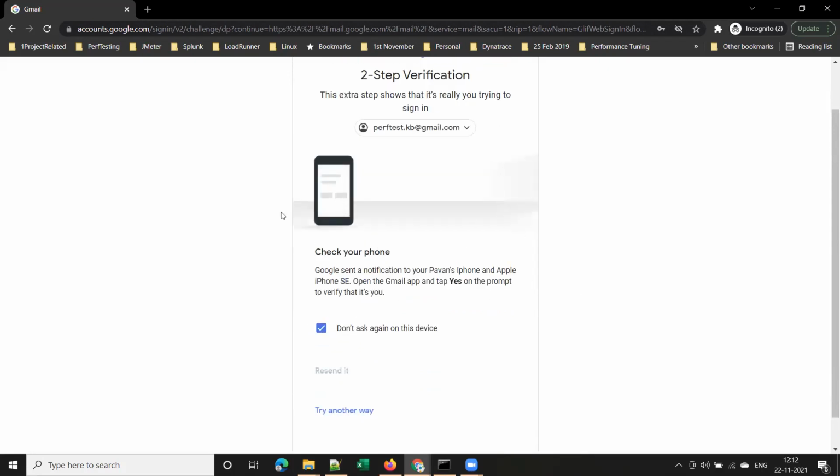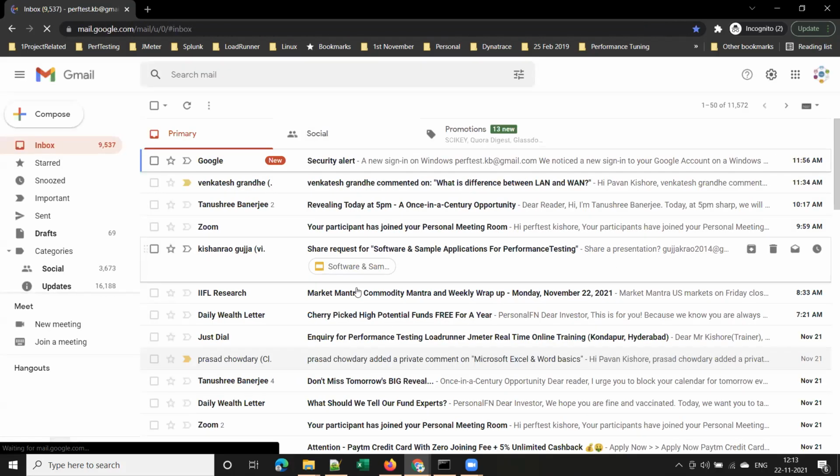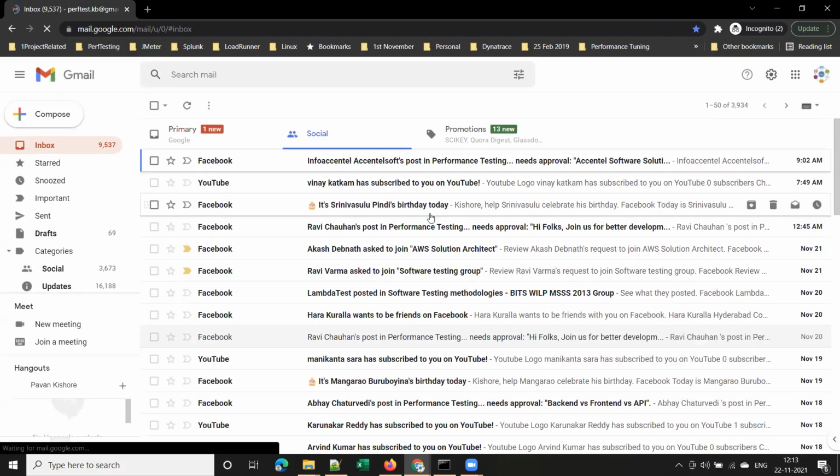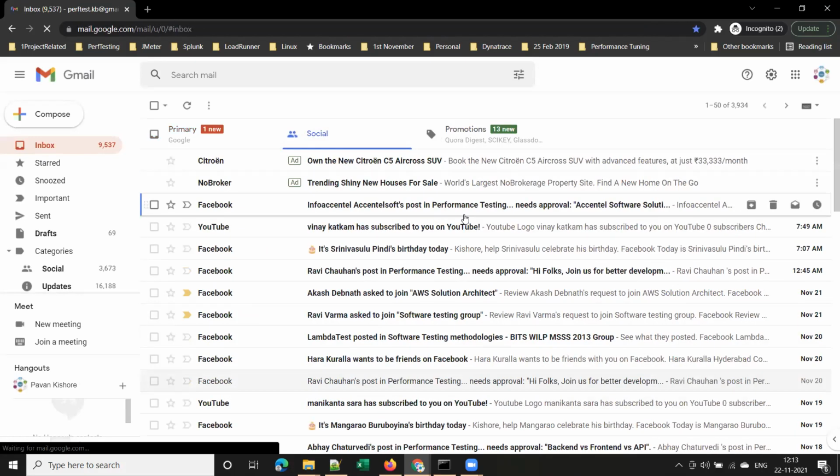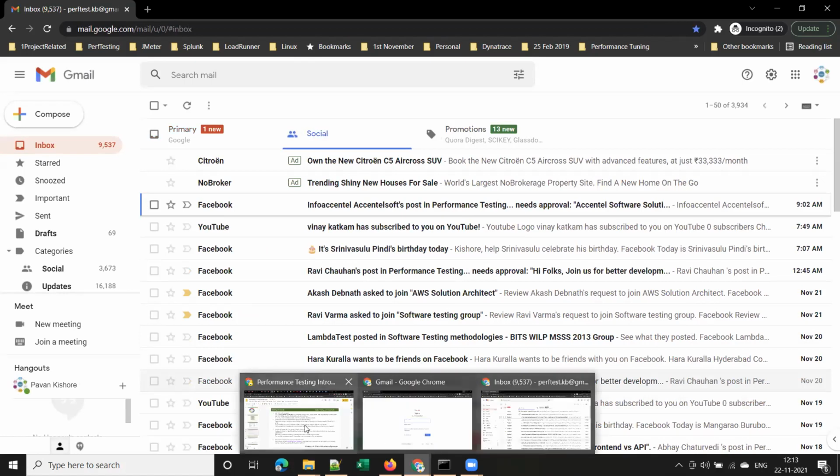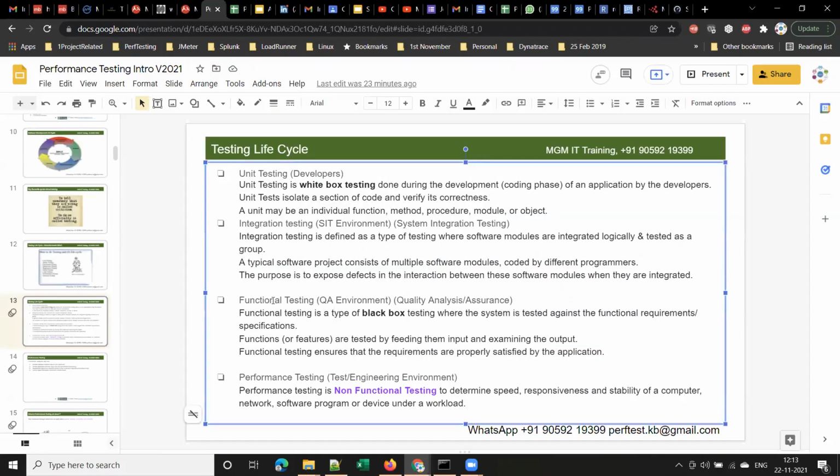Once you authenticate, it should allow you to log into your Gmail and show your inbox. Yes or no? So this is how Gmail is designed. This is how it should work, right? This is the requirement of the Gmail application. And testing the functionality of this application, of any application, is called functional testing. Is it clear now? Guys, is it clear? Yes, sir.